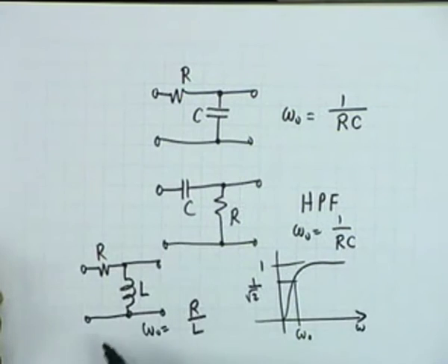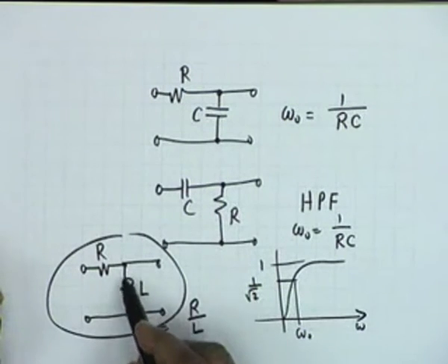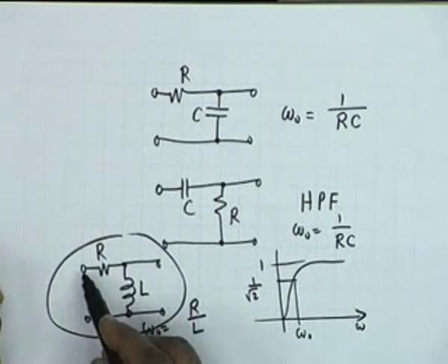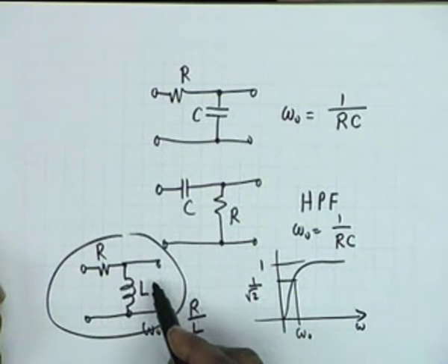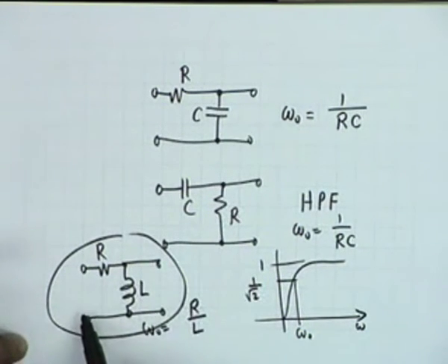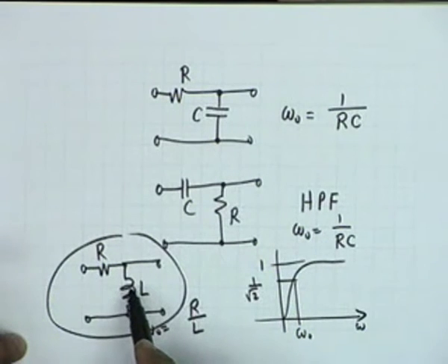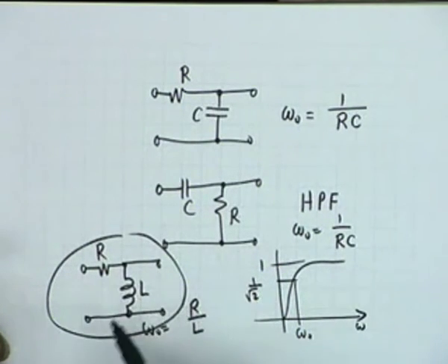All right. For example, if you look at this circuit, you can see that at DC the inductance acts as a short. Therefore, whatever voltage you apply here, nothing shall appear at the output, and therefore it discriminates against DC. As the frequency rises, the impedance of the inductor also increases. The output voltage is a potential division of the input voltage between R and L, and therefore as the impedance of L increases, the voltage at the output also increases, and therefore it should act as a high pass filter. In a similar manner,